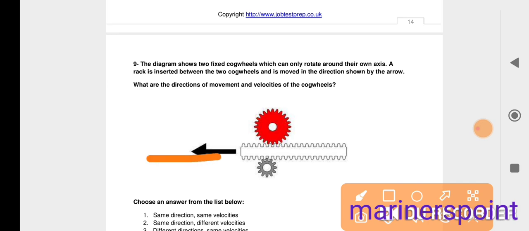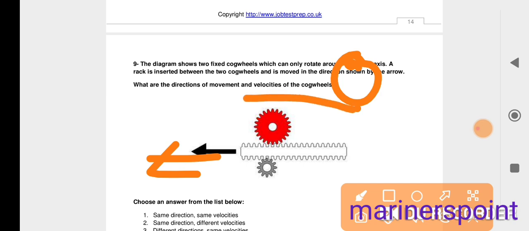Now coming to the direction, for this type of question you simply check the direction of the rod, like this, and this is your teeth. Where it is touching the rod, give one point, and in the direction of the rod take one thread. And this is your wheel, and when you push, then in which direction will it rotate? It is at the center, then it will definitely rotate in clockwise direction.